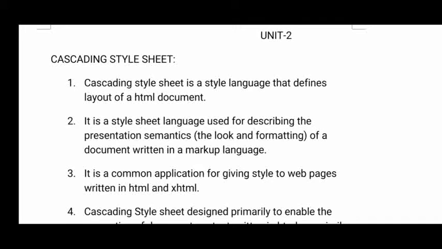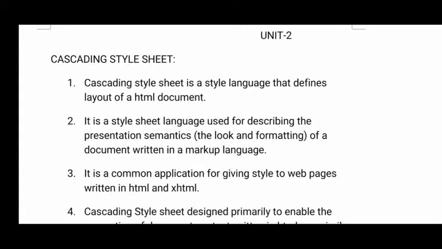If you want to use the same property for multiple elements, you can easily do it using CSS. The thing you need to remember is that a cascading style sheet is a document which contains styles information, and those styles are applied to HTML elements.